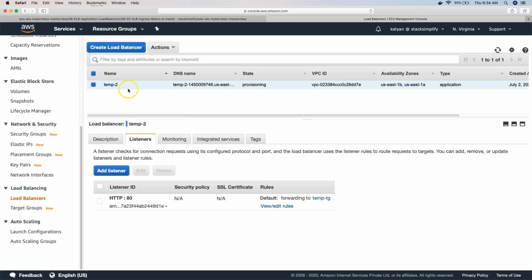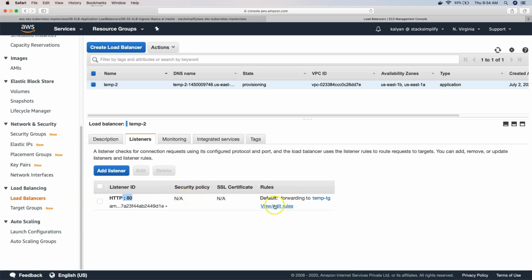Now let's go to load balancers, and the first thing to check is the listener. The default listener is going to be 80. That's good, which means in our Kubernetes manifest we really don't need to write anything about the listener. If you are accessing on port 80 from the browser, you really don't need to define it in your Kubernetes manifest.